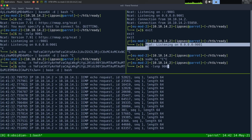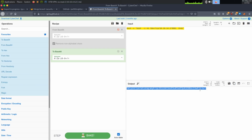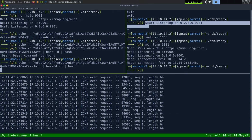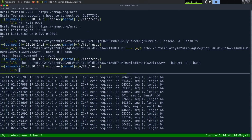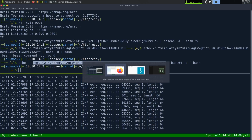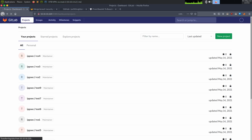Make sure my payload still works. Does not, because I don't have, let's see, that is on me, base64 -d. Payload still works. So let's try this before we throw out this idea of this type of payload. So going back here, we can import. So let's see. New project,